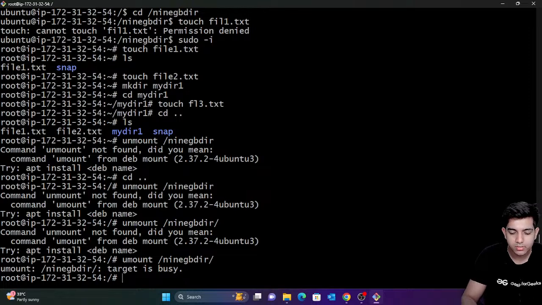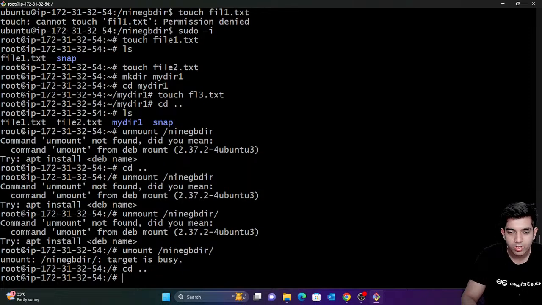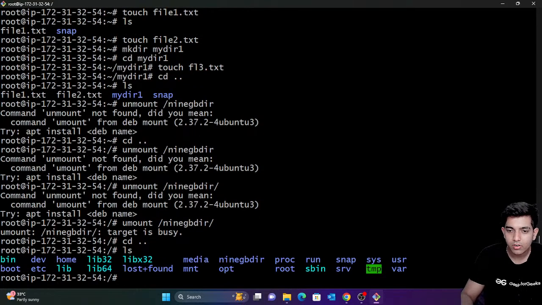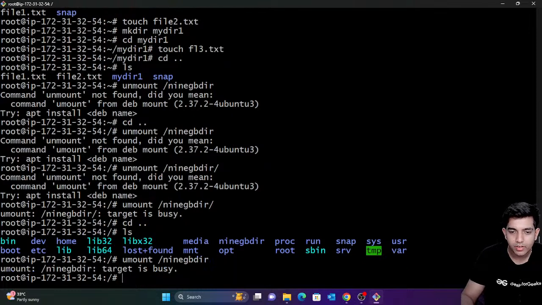Well, I'm outside, so I'll just write cd .. and ls. You can see that right now we are here. And now if I type umount 9GBdir, okay, it's saying target is busy. Let me just check what the problem is here. I think the target is busy and we are getting this issue because